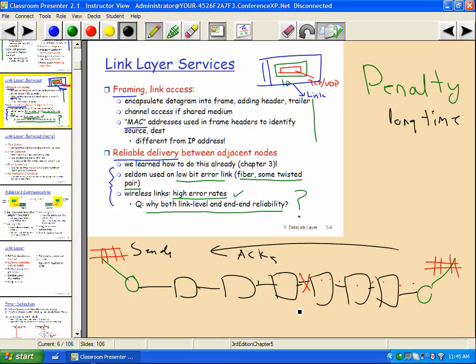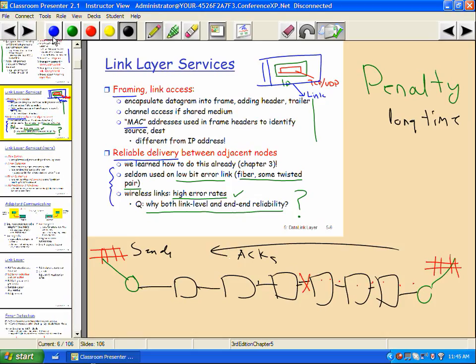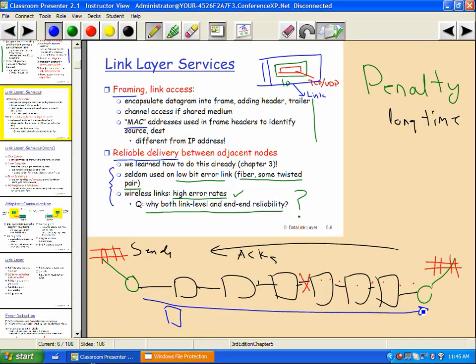And secondly, once you do recover, then the whole packet has to be sent again the entire way. Well, if you could recover here that something was wrong, you can quickly send another packet just on this link and not bother the whole network from end to end. So end-to-end recovery